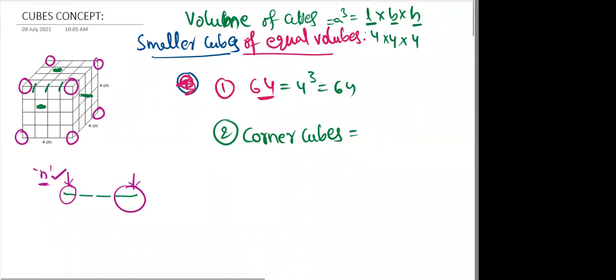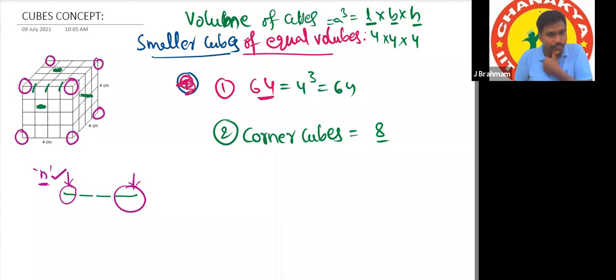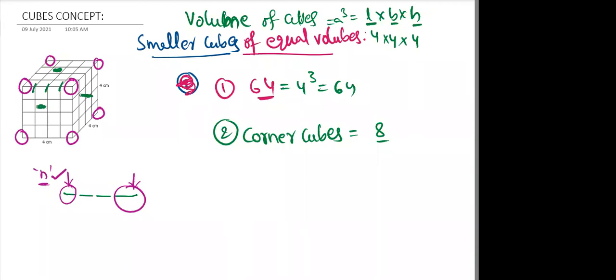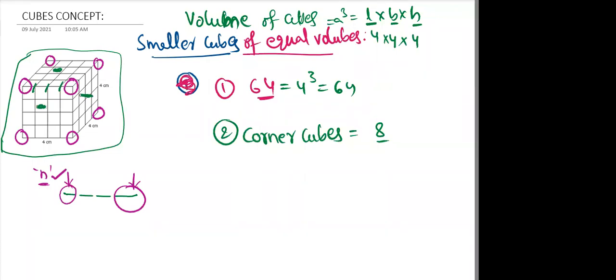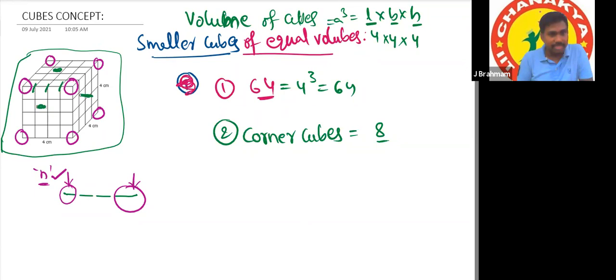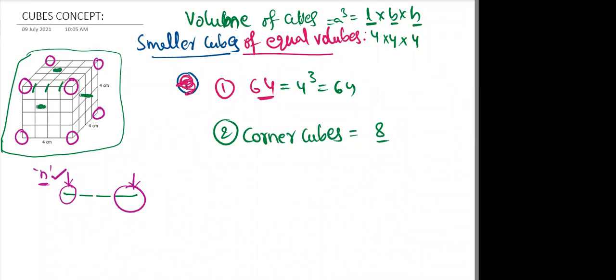So for the stick example, only the side facing outside is the corner, right? Yes, correct. Facing outside means we'll see the total picture. For the total picture, how many corner cubes are there? Those placed at the end, in the corner. Purple color circled cubes are there. Yes or no? Yes, sir.